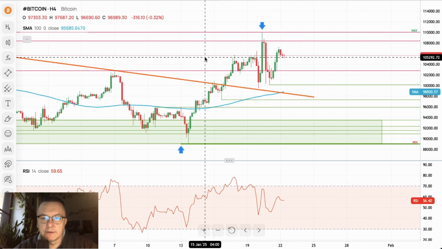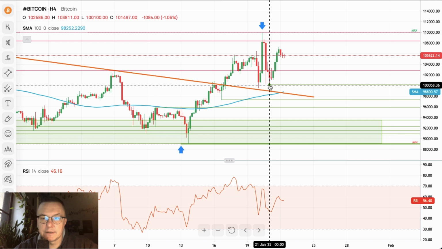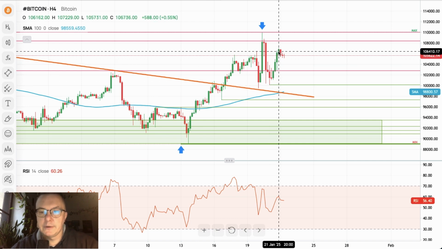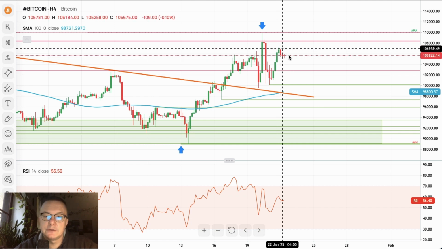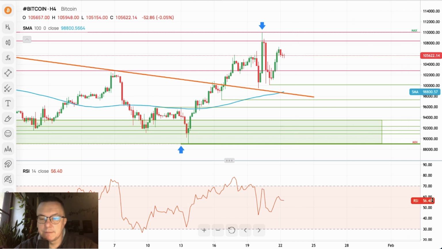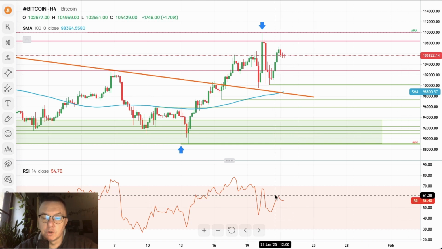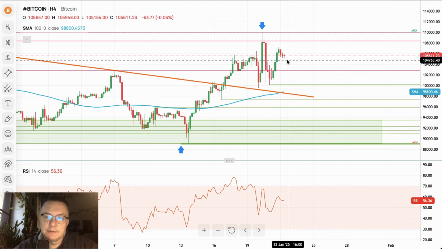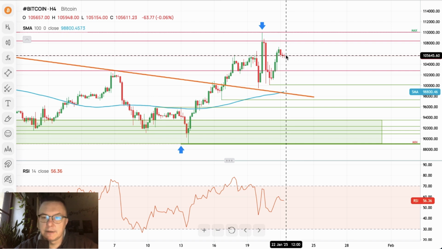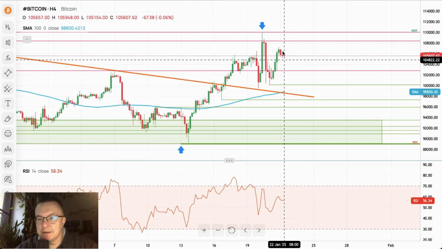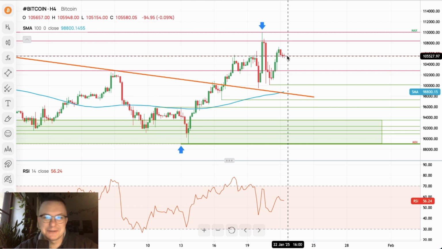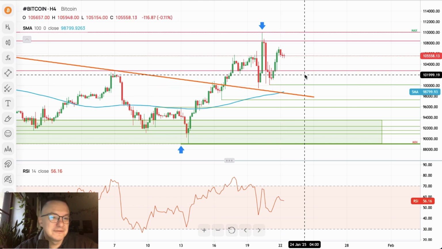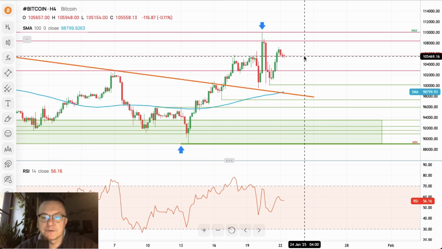As you can see, we got a new all-time high on the Bitcoin, then we got the reversal lower, and now we bounce back up towards 229. And the market is trying to consolidate the recent gains with reasonably good momentum, right? Strong momentum, 56 points. So we are in the middle of nowhere. Now we can go higher, we can go lower. We are at the perfect 50% retracement of the last movement to the downside.